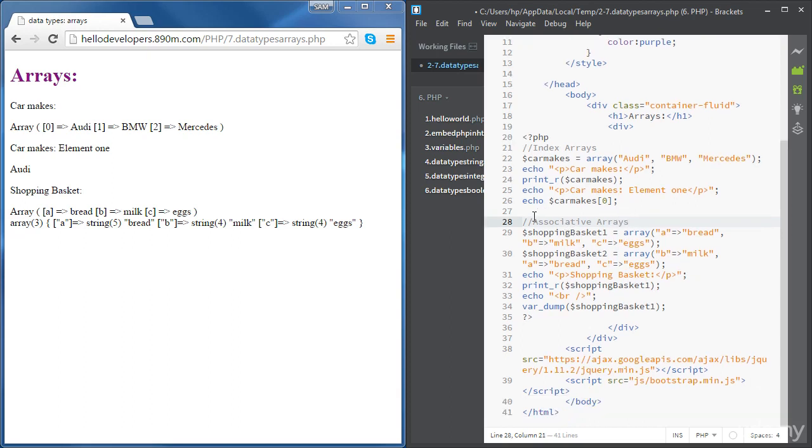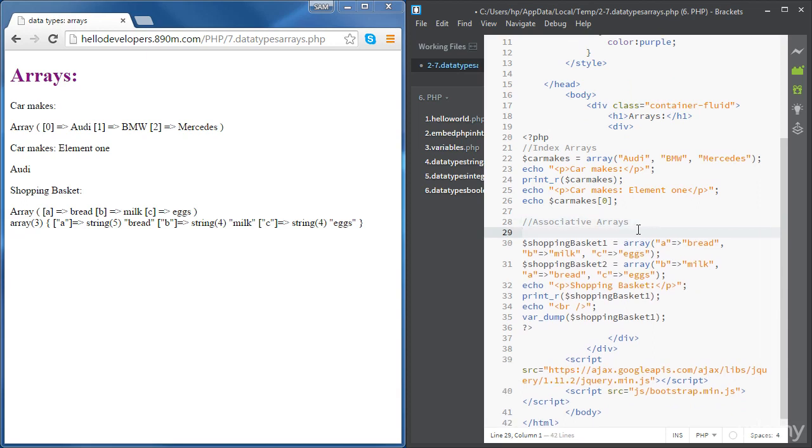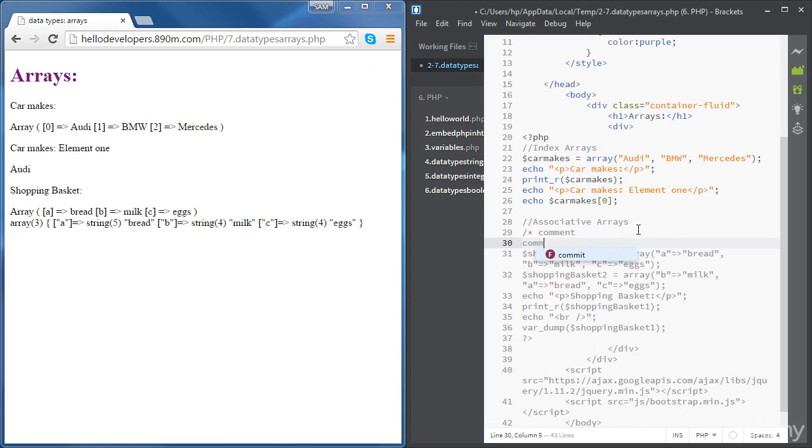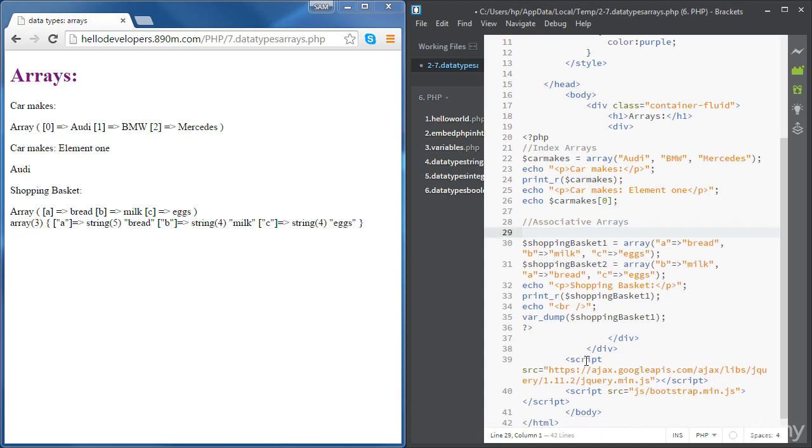Okay, you can also create multiple line comments. If you want to have multiple line comments, you just start with /* and at the end you just finish by */. Okay. That's how you can create a multiple line comment. Anyway,